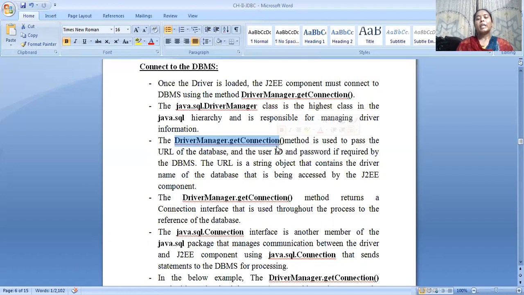Then the DriverManager.getConnection method returns the Connection interface and it processes the database. For this, the package uses java.sql.Connection, which sends the statement to the DBMS for processing.